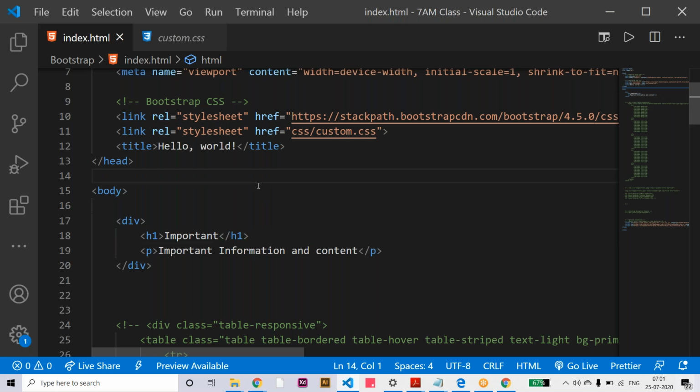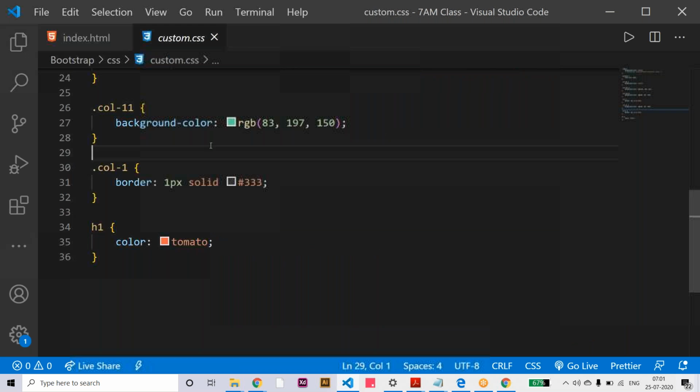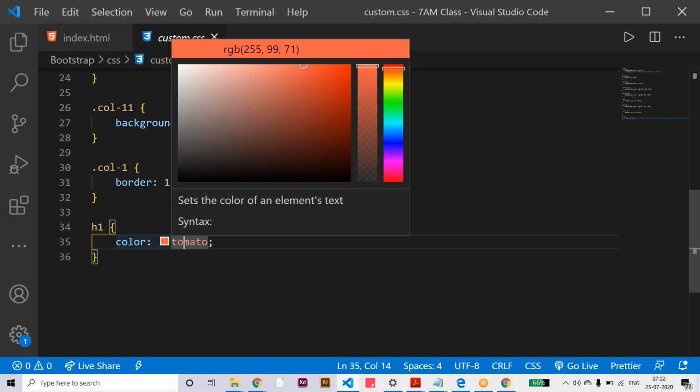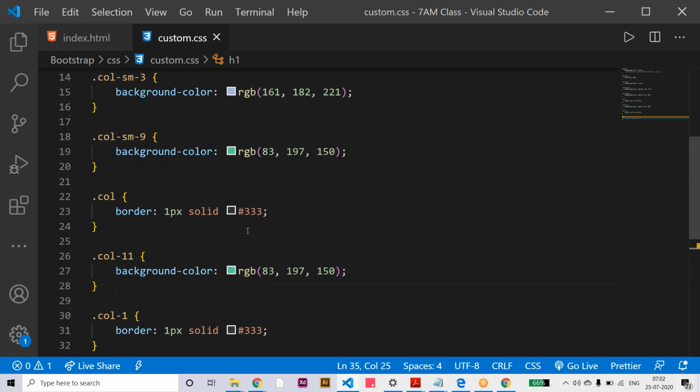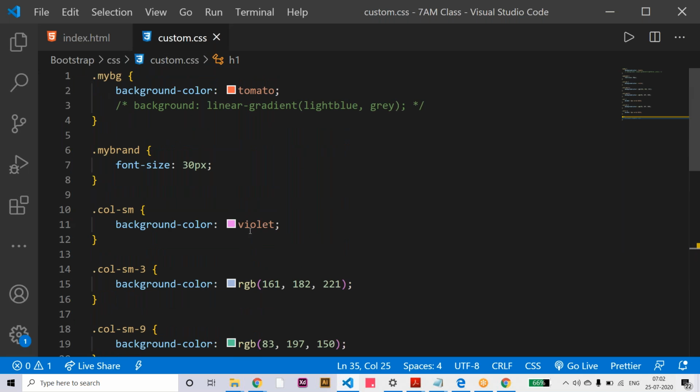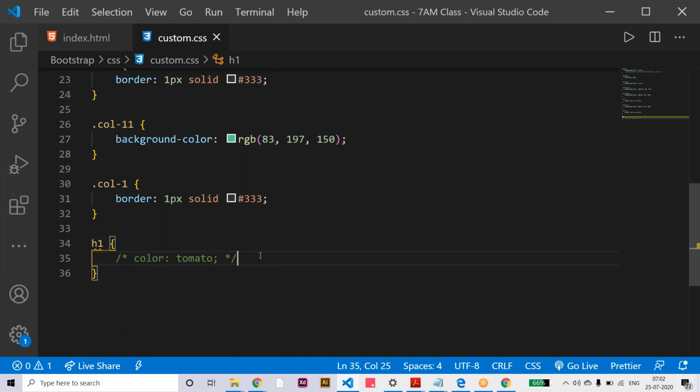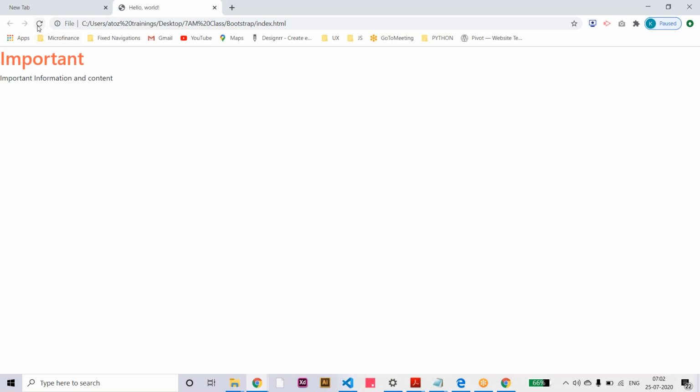Okay. So my custom CSS applied some CSS for the H1. Yes, because in our custom style sheet, H1 is selected and applied something. So it's applying by default because that is an HTML element. Let me comment this. Is there any other H1s? No. Yeah, now it is the default color. Default black, I mean Bootstrap black color.